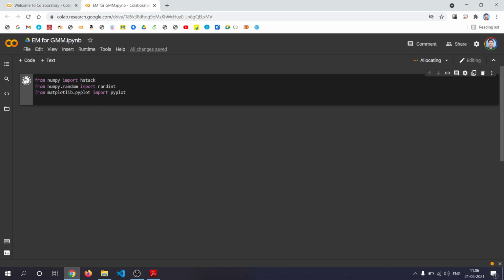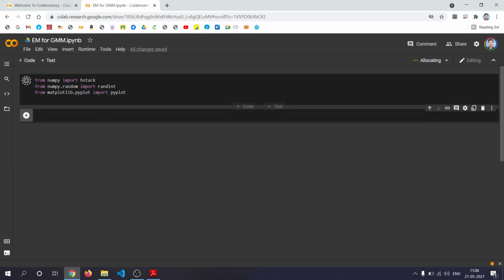Okay, then we'll start a new cell. First we'll create a value x1. From numpy.random we'll import normal distribution.